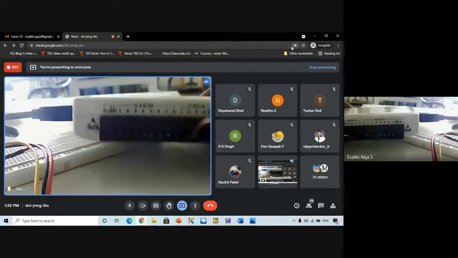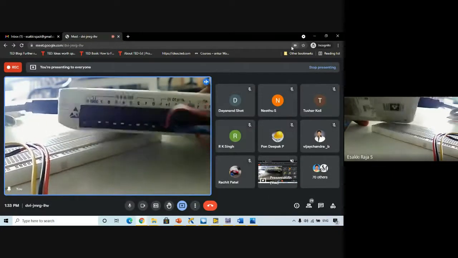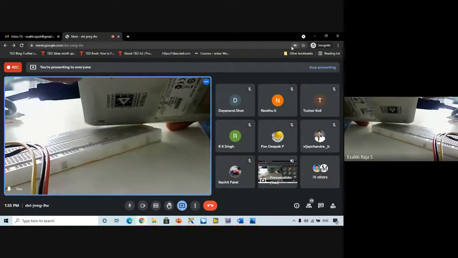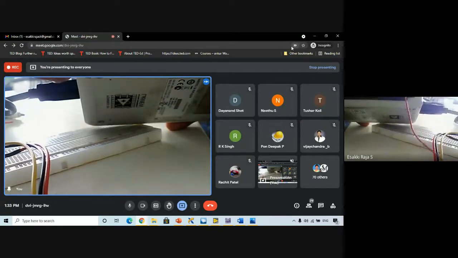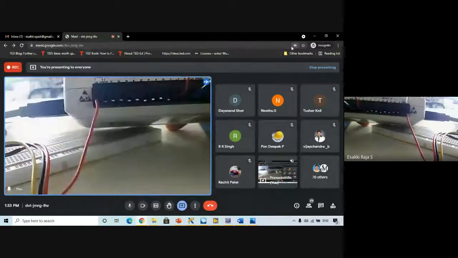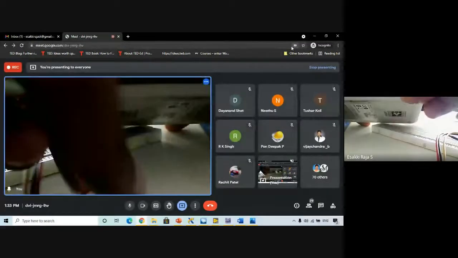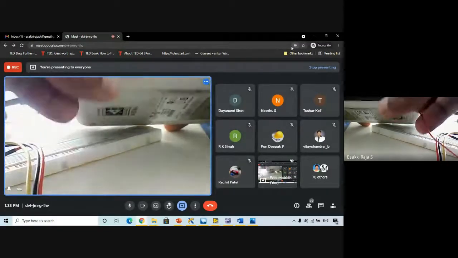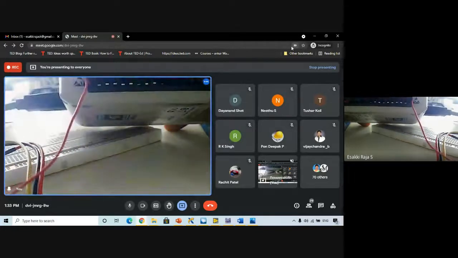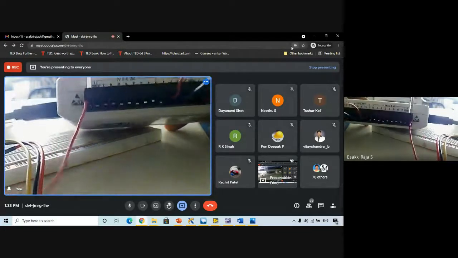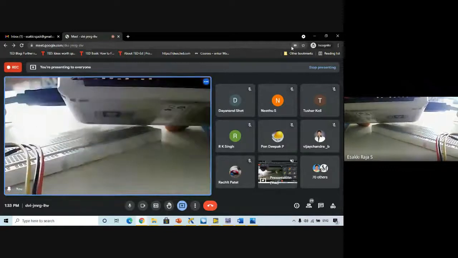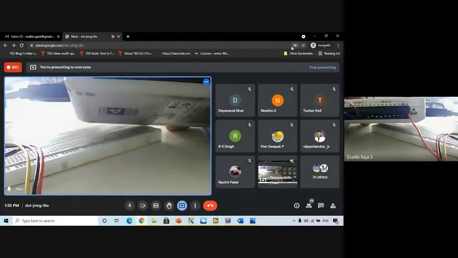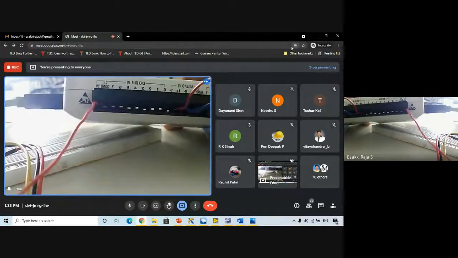So first I have to provide input for my sensor. Let me take a wire, and this wire I'll connect to 5-volt. For the 5-volt, there will be a reference terminal, right?